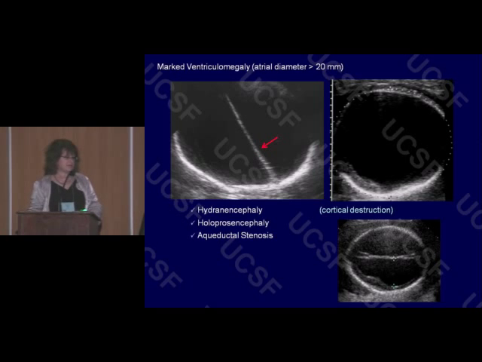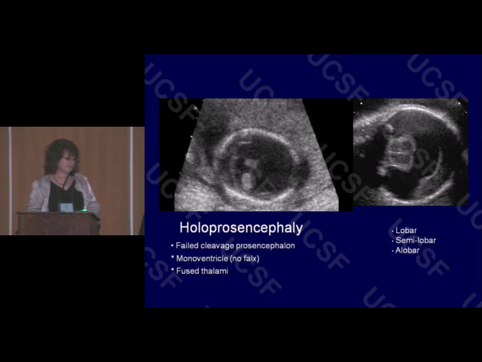So the documentation of the midline falx, which is now a required image, is helpful in this regard. In holoprosencephaly, the ventricles are fused and there is no midline falx. This is the sequelae of failed cleavage of the prosencephalon, and you'll remember there are 3 subtypes. I don't think that's the most important thing to address, but to recognize a form of holoprosencephaly, and one of